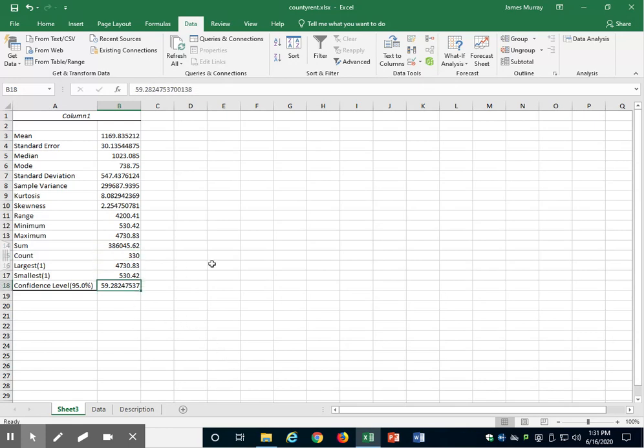And finally here, our confidence level. That's like a margin of error for the mean. Our mean price for rentals was $1,169. Now that is the rental price for our sample. If we wanted to make an inference for the whole population, this would be our best guess, but our margin of error on that guess is about plus or minus